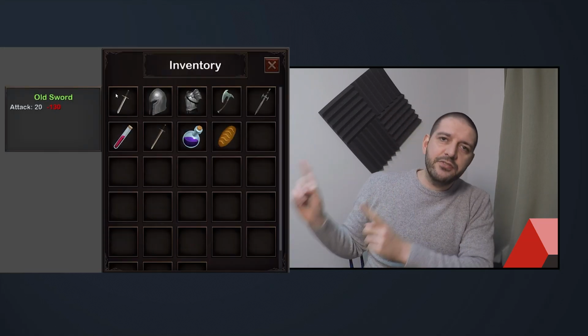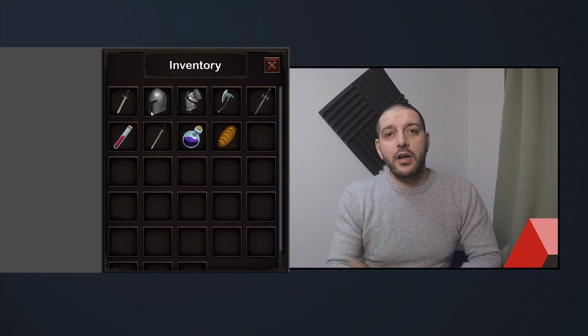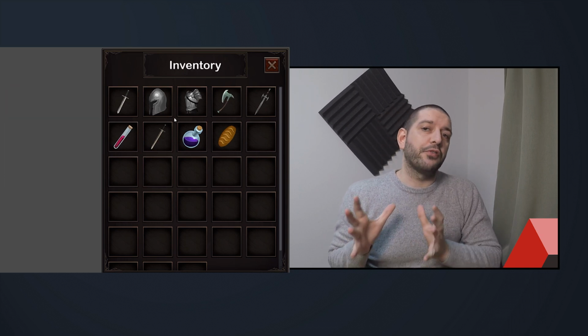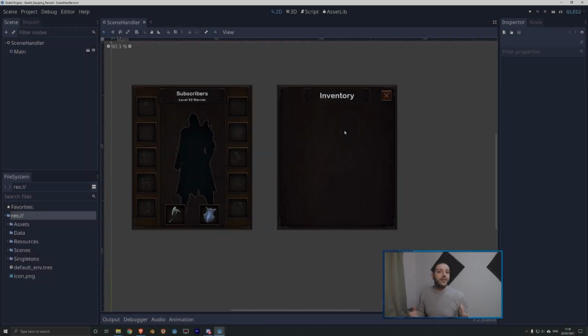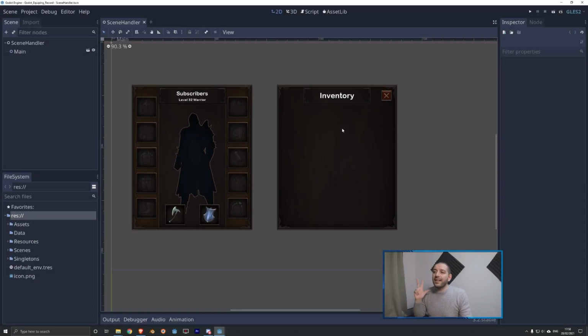In this Godot tutorial, I'll teach you how to create an inventory tooltip so that you can look up the item stats of both your inventory items and your equip items. Let's get started. This is a continuation tutorial on the last 3 tutorials I did, where we created this character